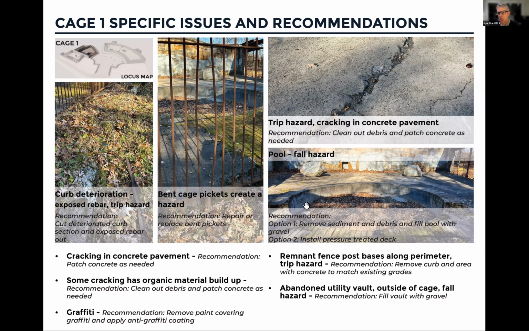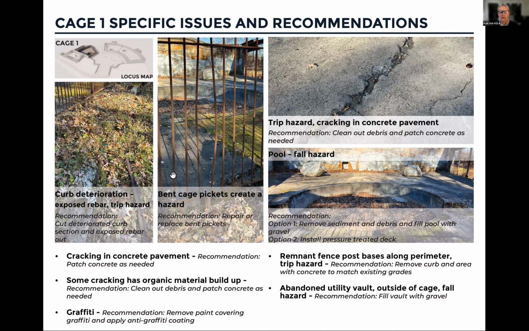Or we could install a wood deck across here, so in either case, either option would be walkable, but it would just be a little bit different in terms of the firmness or the stability of that surface. But regardless, we would get rid of the fall hazard. There are also some bent pickets. Were you concerned about someone getting stuck in the larger opening? And then there's a curb outside of the cage where rebar is sticking out of it. So we would want to cut the rebar and stabilize the curb so it didn't deteriorate anymore.